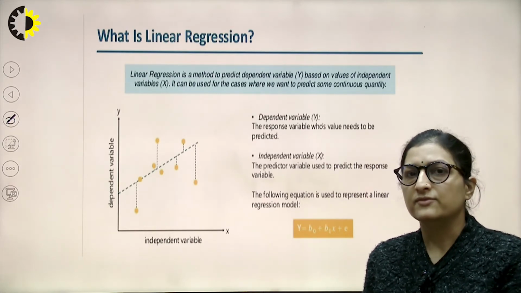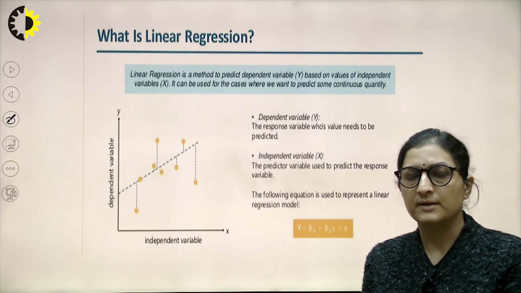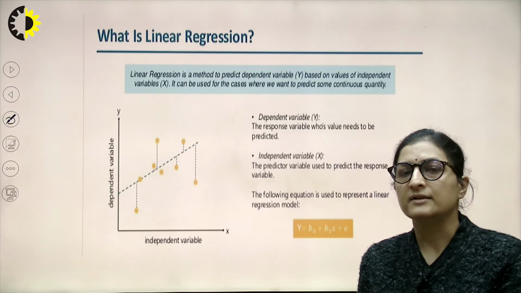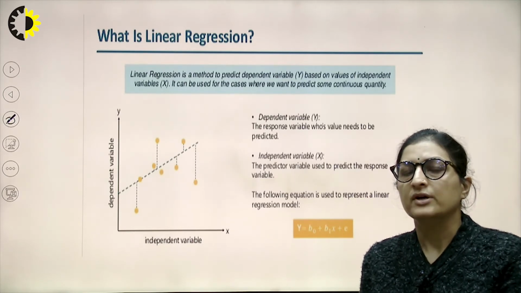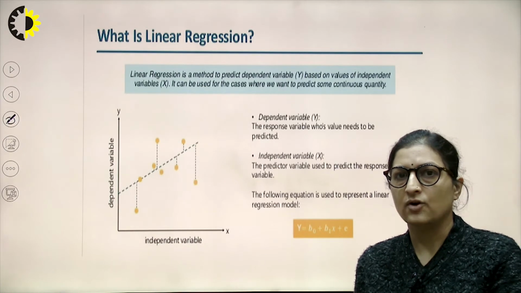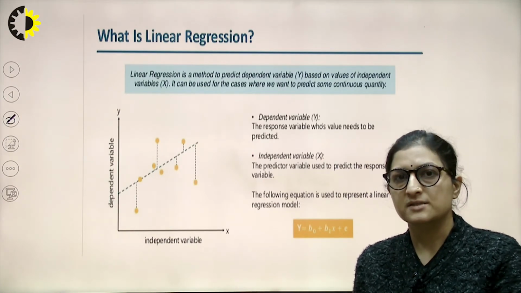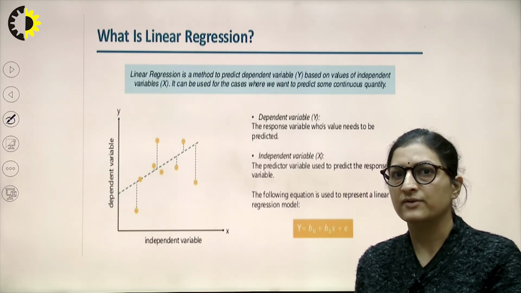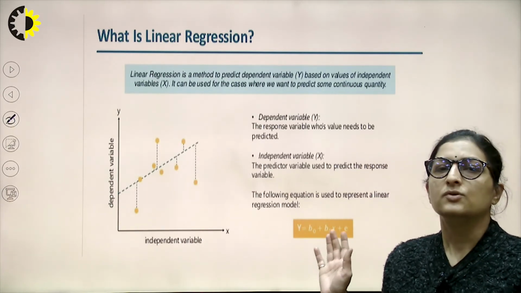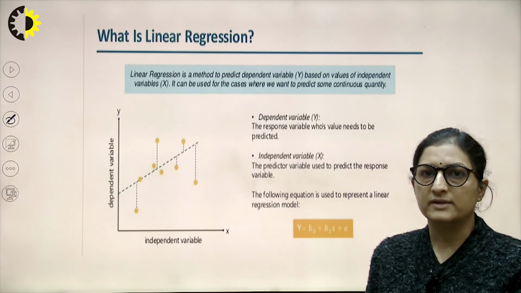So we have different types of regression models available to us. Whenever we encounter a particular use case, we check what kind of independent variables are there in the data set which I have to take care of, what kind of relationship is there between the dependent and independent variable, and accordingly I choose a suitable model to solve this problem.